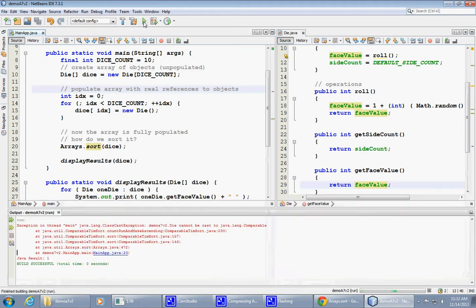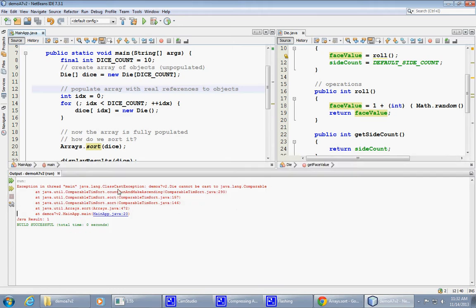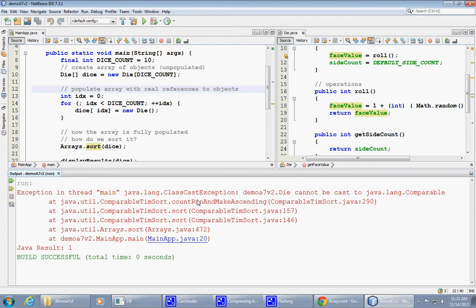if we run it, strangely, there is a class cast exception, which tells us that the die object, let me increase the size of this display, okay, so you can see what the error basically tells us: that the die, which is part of this package, cannot be cast to Java lang comparable. So there is a little piece missing in our arrangement of things, is that at runtime, when the actual sort is attempted,